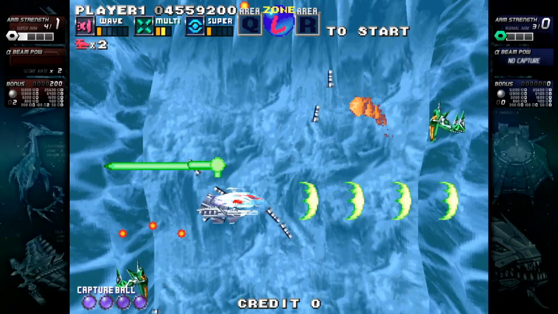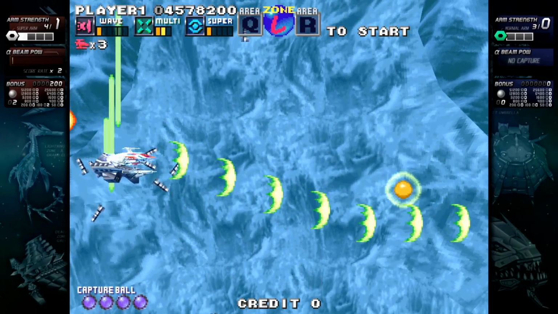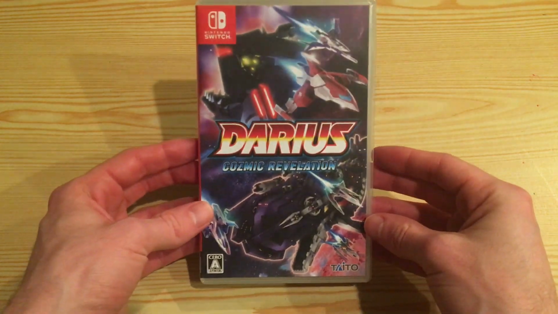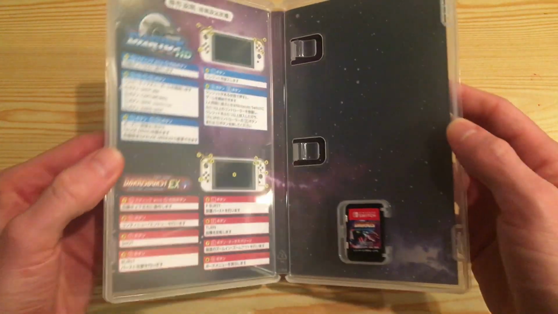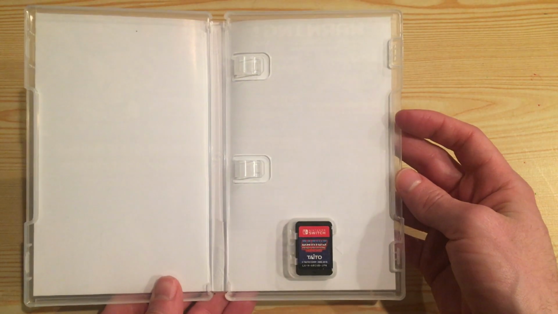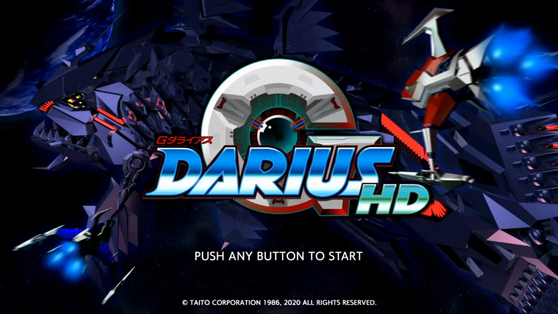Before we dive into the individual games, I wanted to first take a look at Cozmic Revelation's presentation overall. Now, as far as the Japanese physical release goes, it's nothing particularly special, although this time there is indeed inside cover art, something that was lacking in the Cozmic Collection's physical release. However, what really stuck out to me was the way that the games are presented, at least on the Switch